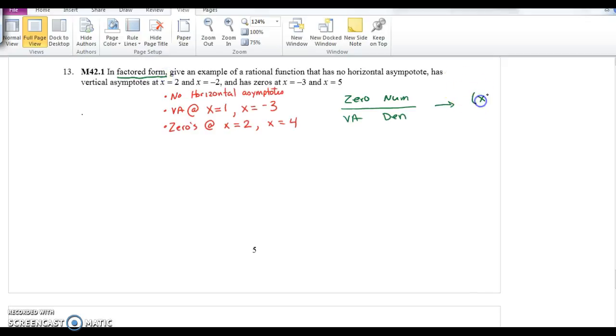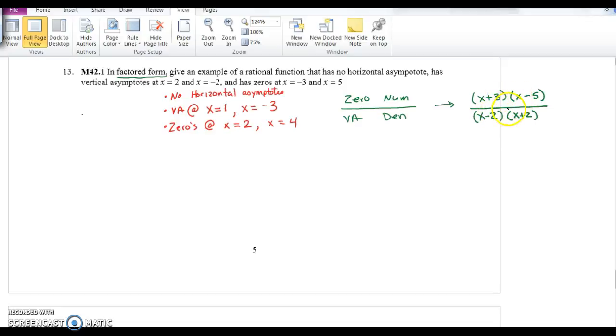Zeros at x equals -3, well, -3 would make this 0, so that's my factor. Similarly, x minus 5 would have a 0 of 5. My asymptotes would be at x minus 2 and at x plus 2. Now the problem with this, as we see it right now,